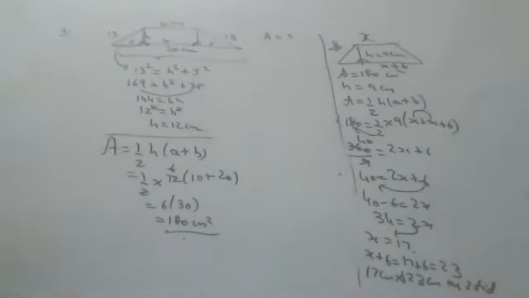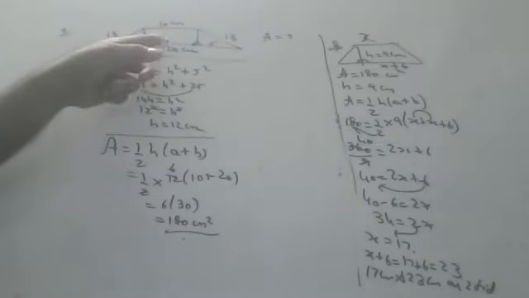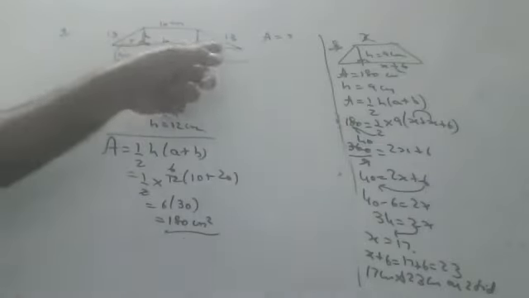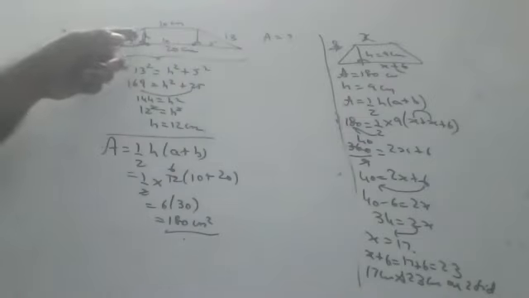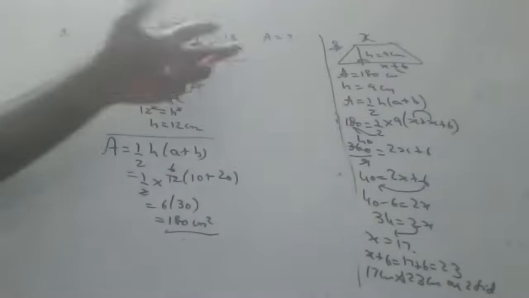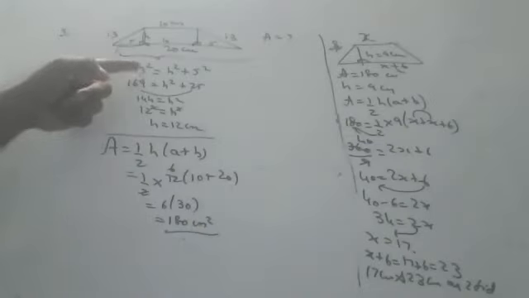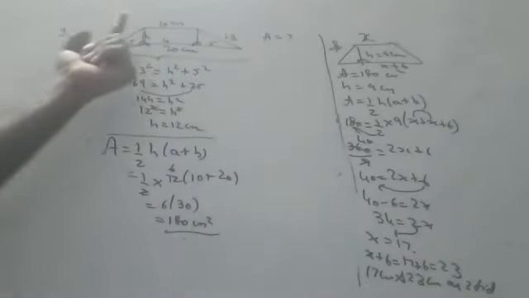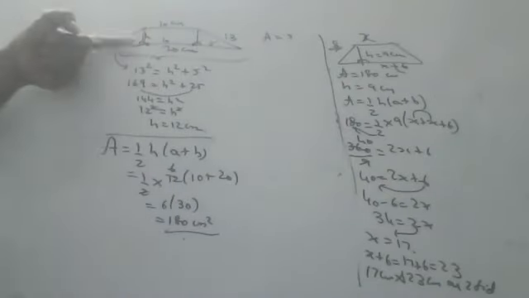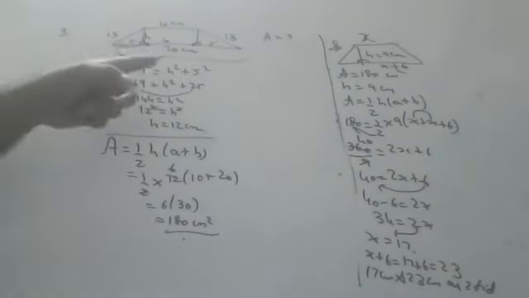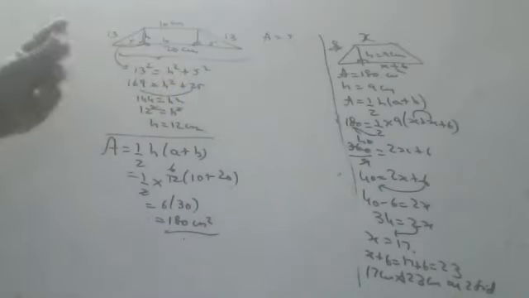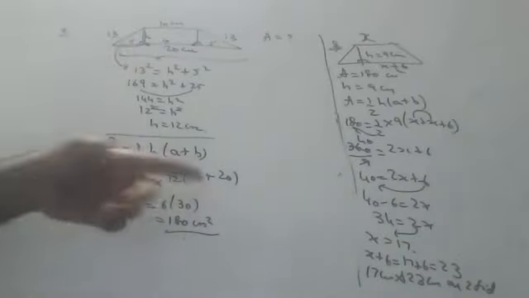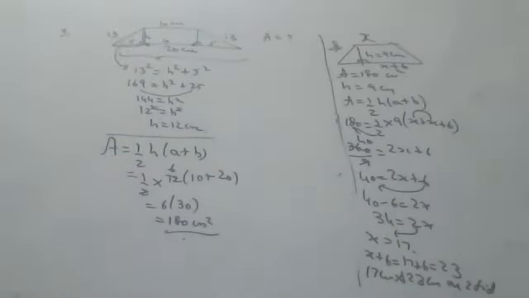How I did it, I'm saying slowly once more. From 20, I gave 10 here. Remaining 10, 5 I kept here, 5 I kept here, children. I applied the Pythagoras theorem here. 13 square is equal to H square plus 5 square. You studied in 7th class: hypotenuse square is equal to one leg square plus other leg square. You studied like that, no? So 13 square is equal to H square plus 5 square. I got H is 12. Once I know the height, you can use the height formula and you can get it. Okay, children, this is one method.